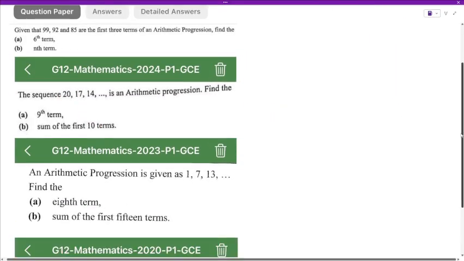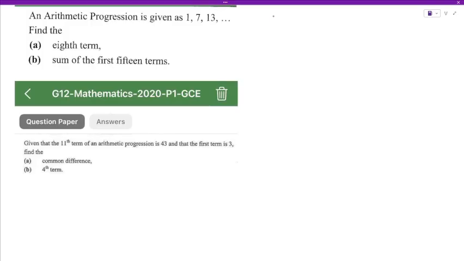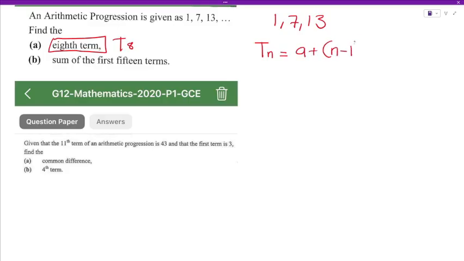where they're asking us to find the 8th term. So the sequence they've given us, by sequence I simply mean progression. It's one and the same thing. Okay, that is our progression. They're asking us to find the 8th term, T8. Sometimes they want to use English to confuse people. So we're finding a term. So we use the formula for finding the terms, which is A plus open bracket n minus 1 close bracket